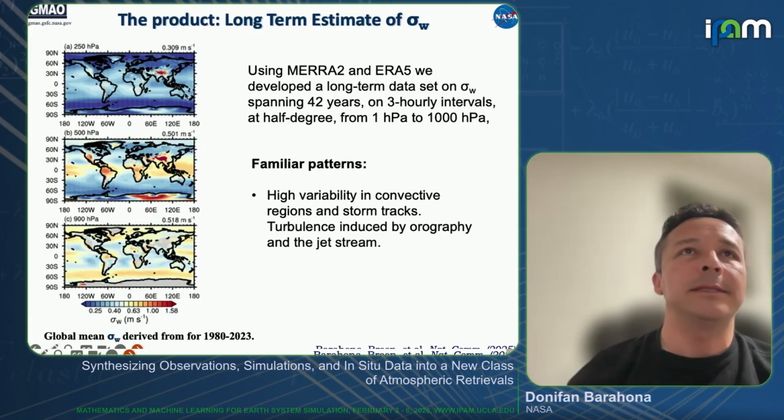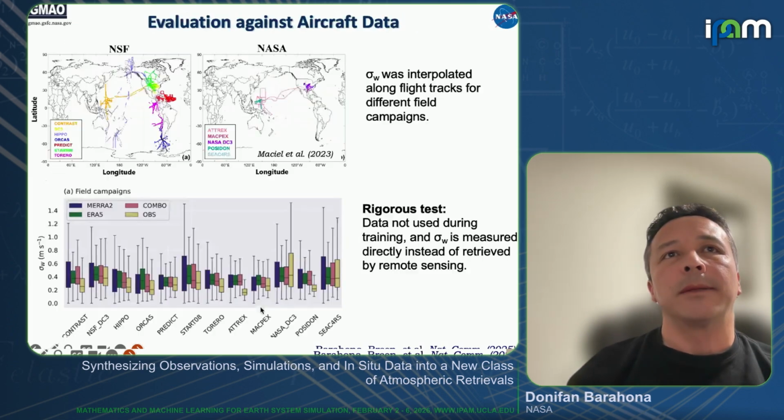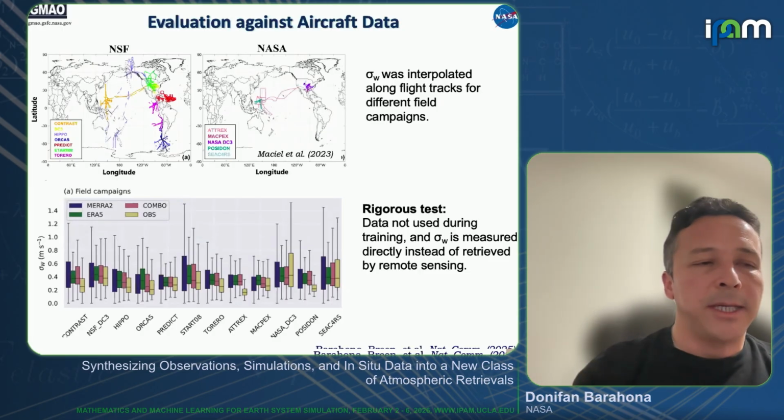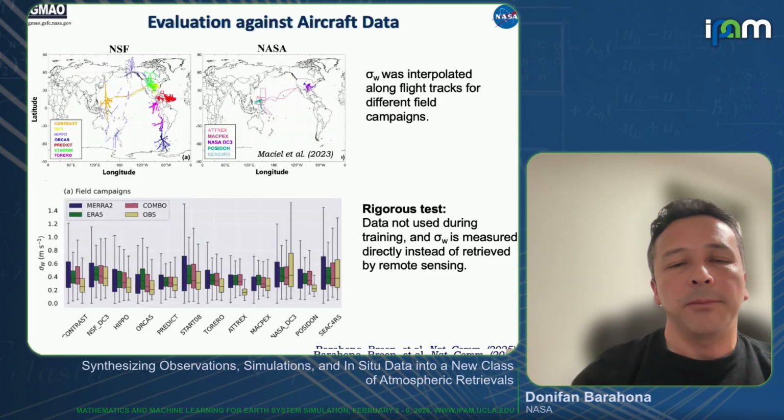variability here. This sigma W is related to turbulence, and you probably know that already. You see that these orographic regions tend to have these high vertical velocities and this high variability in vertical velocity, as you have said. And well, you see storm tracks, you see things that are very, very interesting. Jet stream, probably you can even put a little bit over there. But then we got this 3D data set, that is quite dense, at least for a GCM.